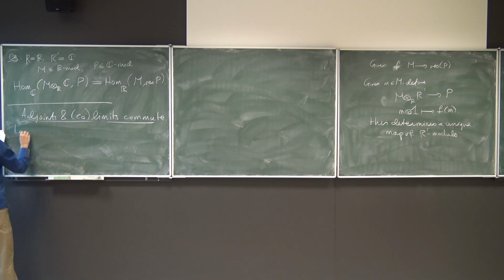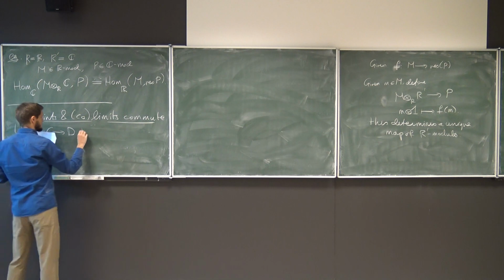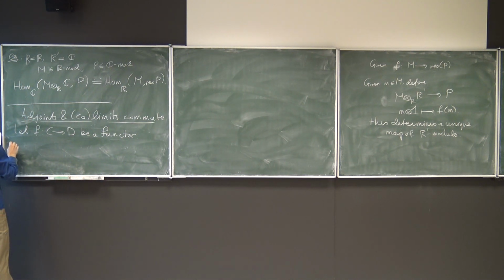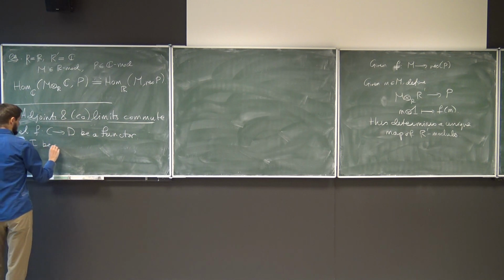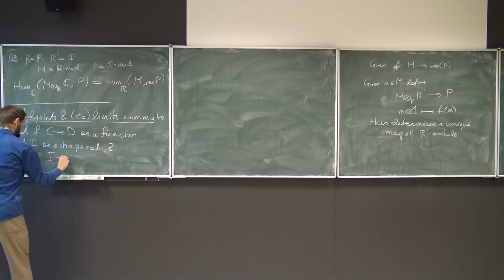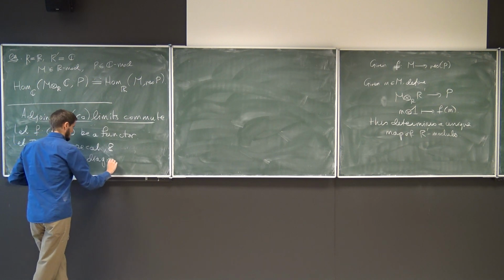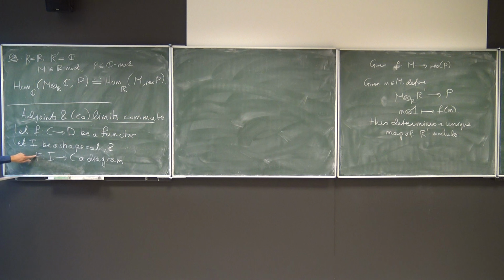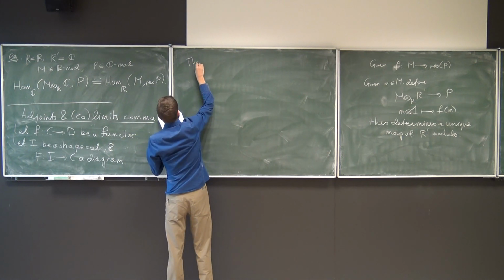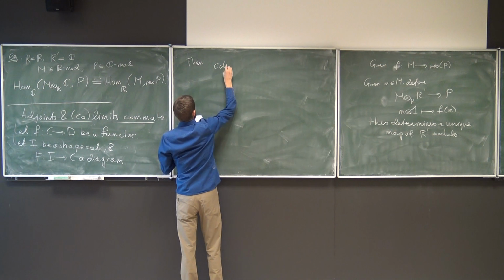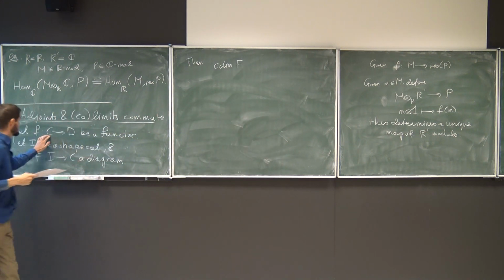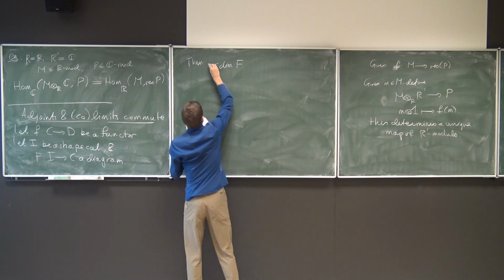Let F from C to D be a functor, and let I be a shape category, and f from I to C a diagram, which you will hopefully remember from the previous video is just a fancy way of saying f is a functor from I to C. Then we can look at the colimit of f, which, if it exists, lives in C,